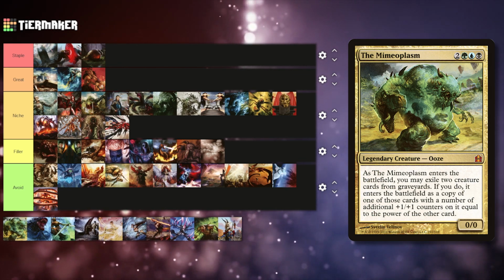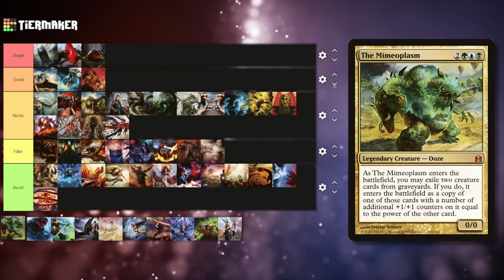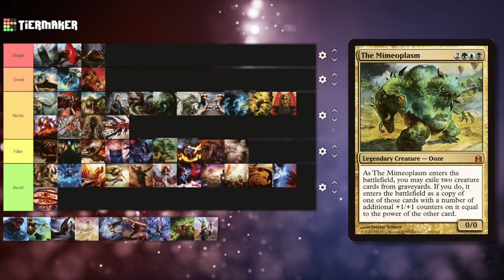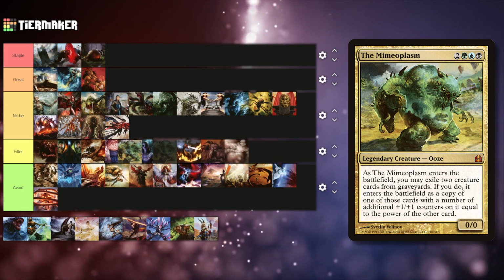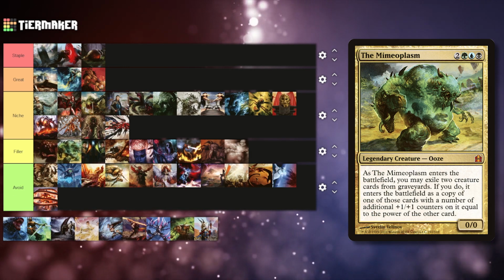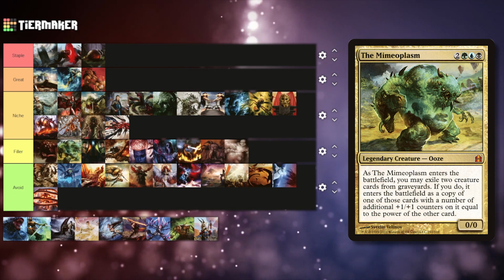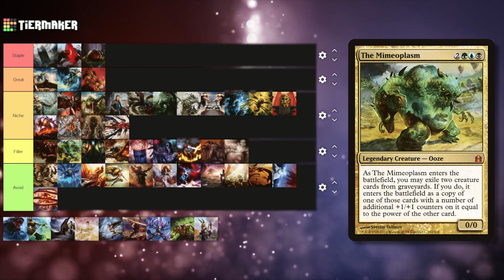As a commander, I love this. My friend has a Mimeo deck I helped him with. It's really strong. In the 99 of a deck, it's technically graveyard hate. So I'm going to put it like here. Because it is graveyard hate and Sultai for 5 mana. You do get to exile 2 creatures from someone's graveyard. That's cool, but